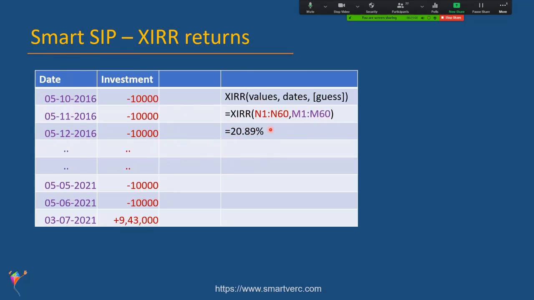This is 20.89%. So in Smart SIP, we have generated 21% returns. This is as good as you can say a kind of CAGR. I cannot use the word CAGR because actually it is the summation of the CAGRs for each and every investment, and then the average. So the internal rate of return is 21%, which is, I can say, a very, very good return,